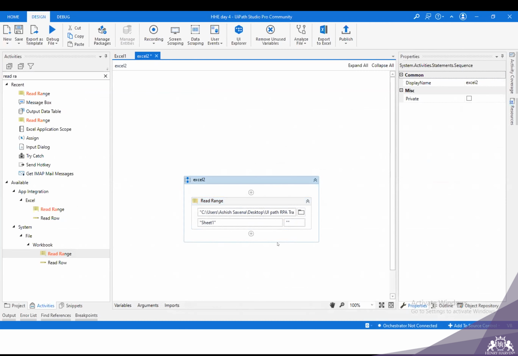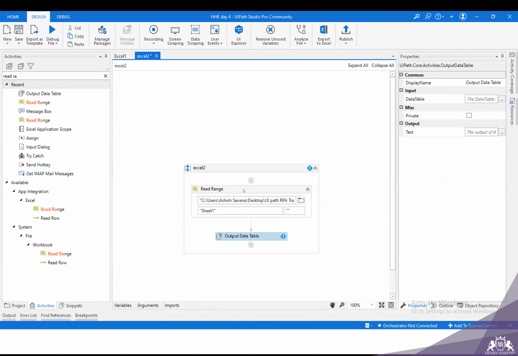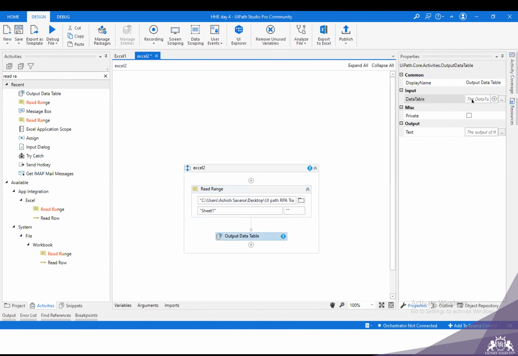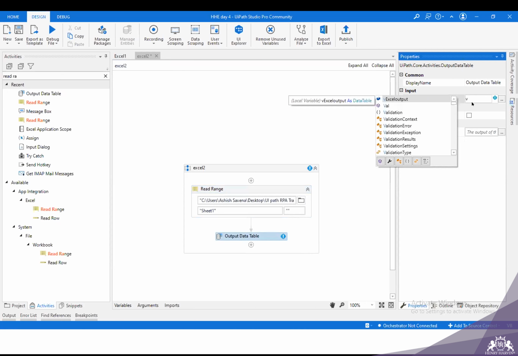After that, I'll take output data table. In read range, I forgot to specify the variable in which the data table will be stored. So I'll name it VXL output and press enter. And here we take it as an input, VXL output.